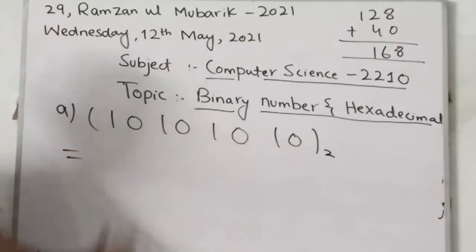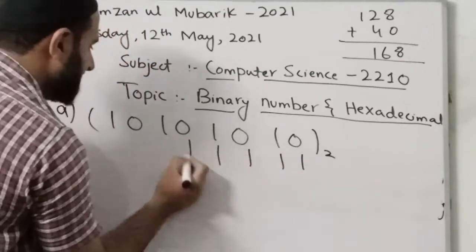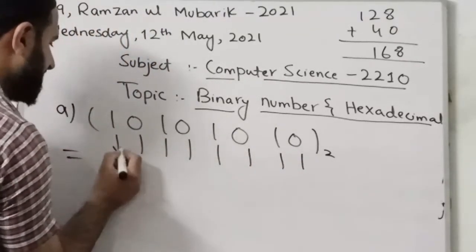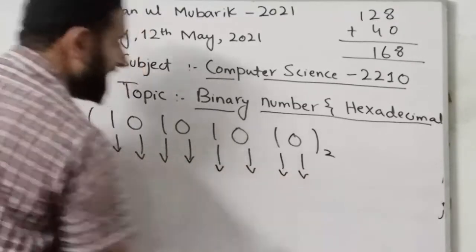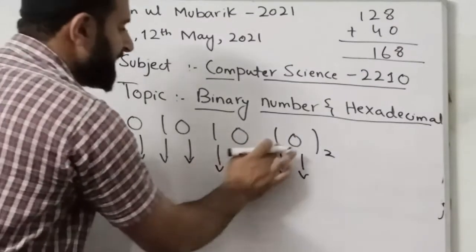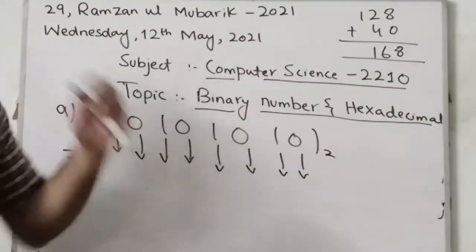Now I am going to solve this. First of all, I will put an equal sign, and then I will start from here. I will put these dashes like that. You can even draw arrows like that. It will make your life easy when you are doing CIE exams. When you are taking some exams, they need only answers.